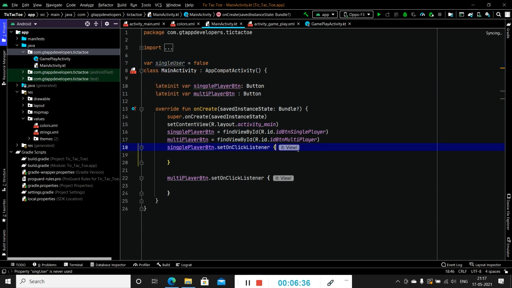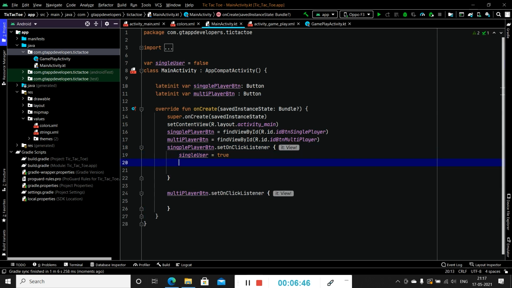Now inside the on-click listener, for single player button we have to change the value of single user equal to true, and inside this we have to start our new activity. So for starting a new activity we simply have to write start activity.